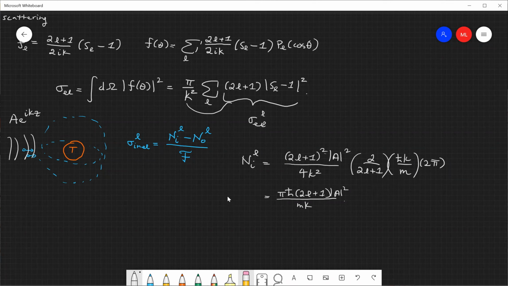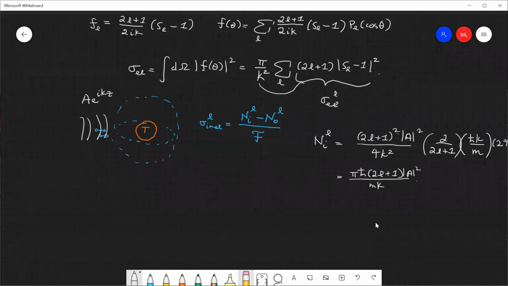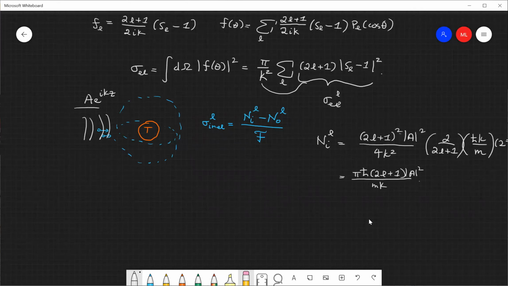So what about the number of particles coming out? Remember that in the solution to the Schrodinger equation for scattering that included both the outgoing and incoming spherical waves, let me write that down just to remind you. Remember that the full solution, which includes the incoming wave and all the stuff that gets scattered,